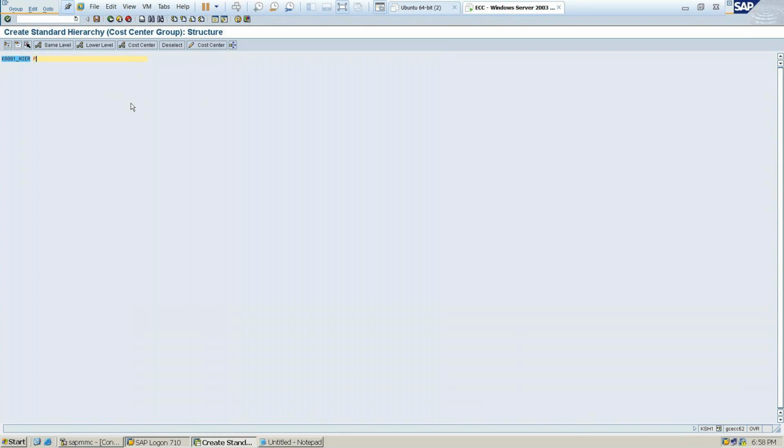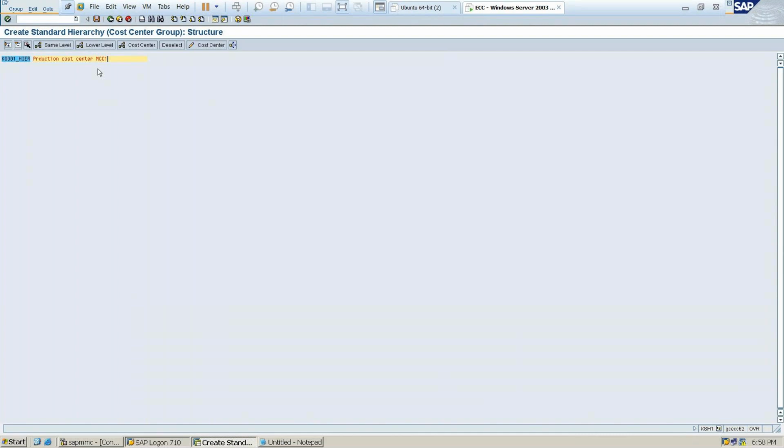So I type production cost center for MCC1. For one which is standard, we will be giving the cost center group as production. Write it down. Once you give the cost center group, if it automatically takes it, fine; if it is not taking, you can write down the same one, K0001 underscore HIER. So give that and press enter.